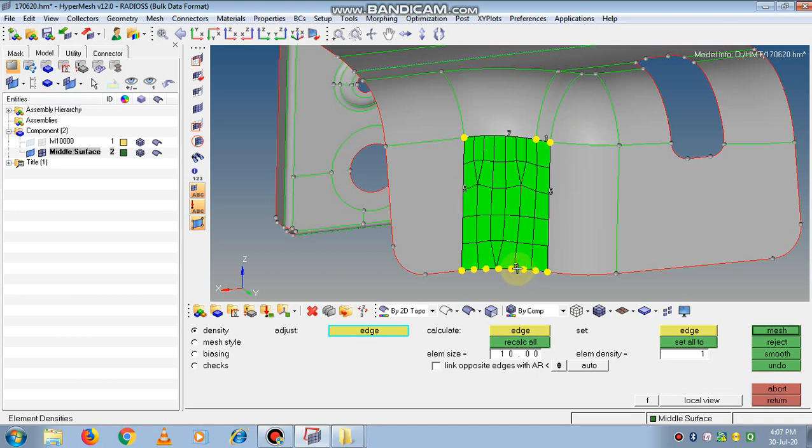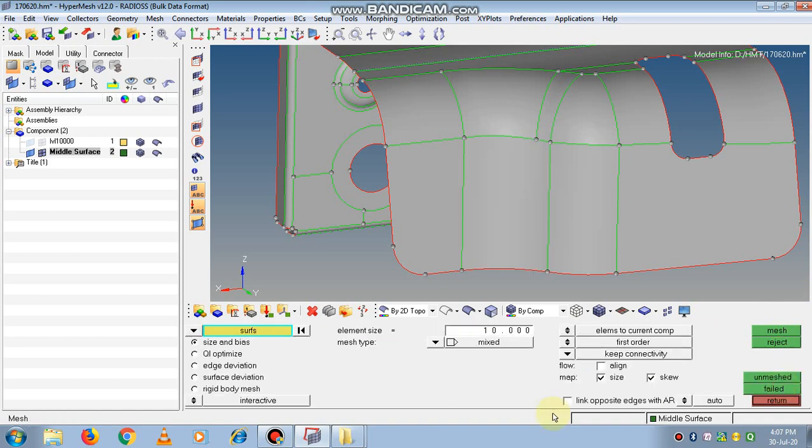So always our aim is to create chord elements, but some triads are also welcome if that surface is concentrating, or that surface is having not ideal aspect ratio as one. So if there is change in aspect ratio, then maybe triads will help us to do a proper meshing.